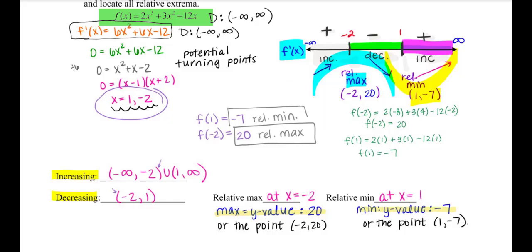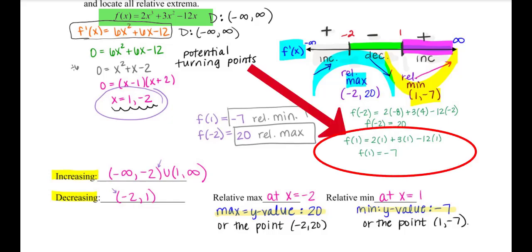Oftentimes, when we ask for a relative maximum or even an absolute maximum, we're asking for the y value, but it's important to note you had to find the x equals, or if you're graphing it, you'll have to have that whole point. So our relative minimum, we talked about y, needs to be at x equals 1, or the point 1 something. So let's find what that is. Let's find f of 1.